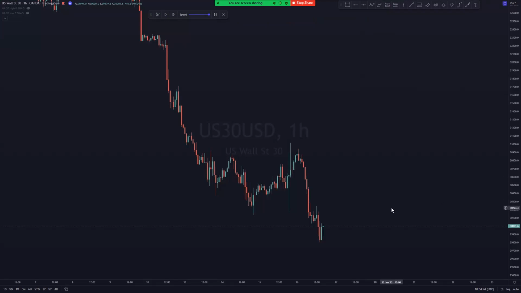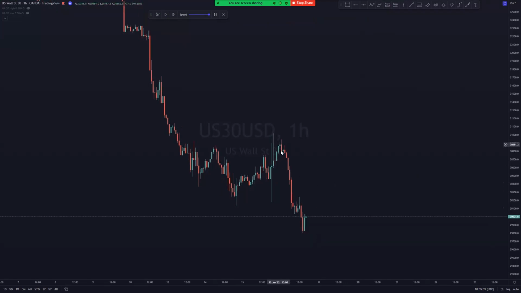Today we're gonna see how to trade US30 using three confirmation, as our channel name. Okay, we just see the US30 drop the harder, have a bigger impulse on one time frame. So we are just trying to see if we can spot any buy trade. If we see any sign of reversal, we can spot a buy trade on